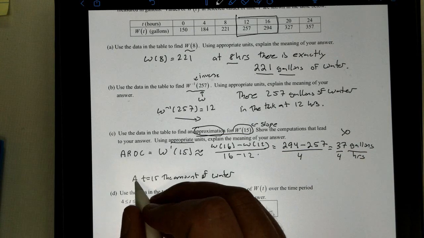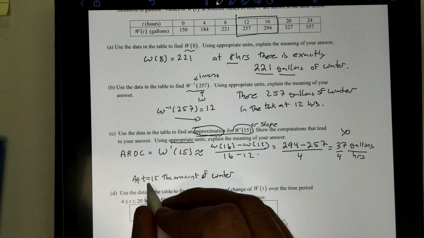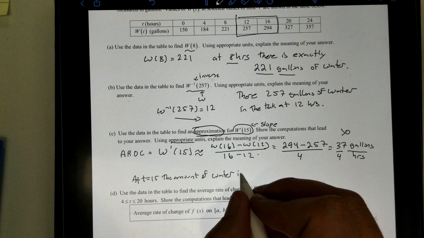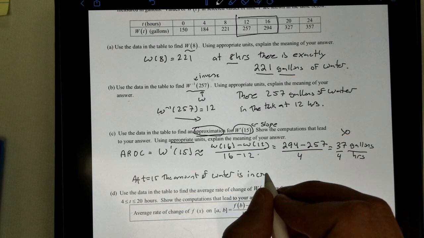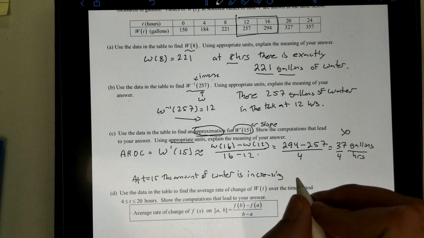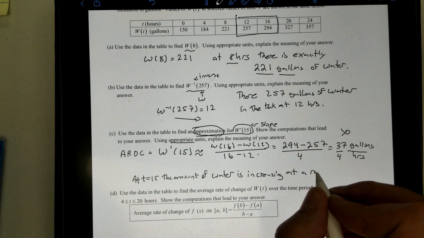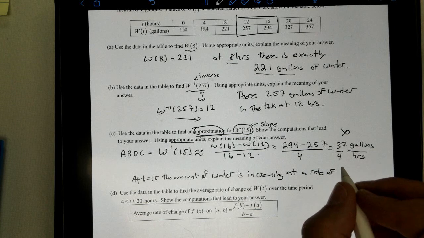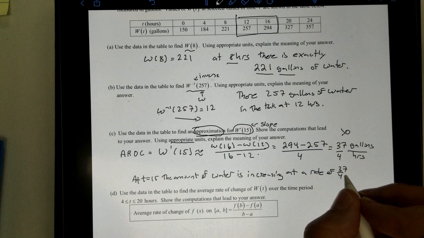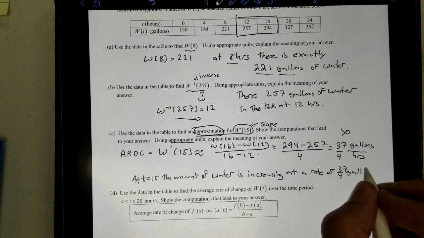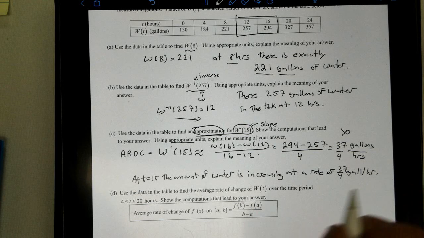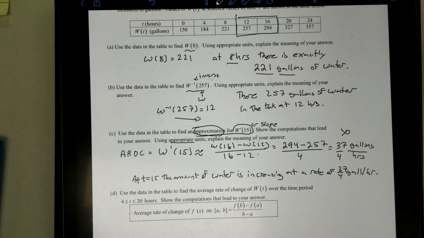So we can say at t equals 15, the amount of water is increasing at a rate of 37/4 gallons per hour. And that's what we would say. Increasing because our